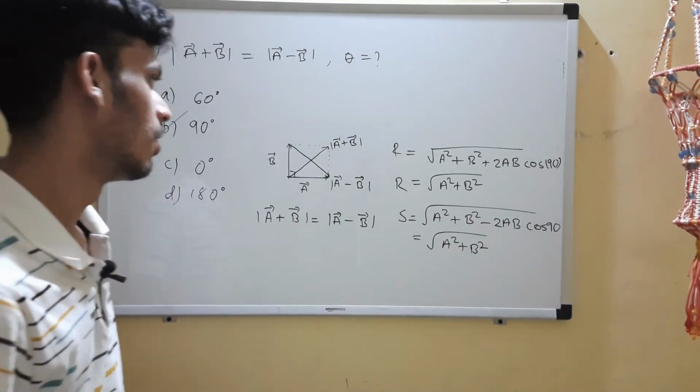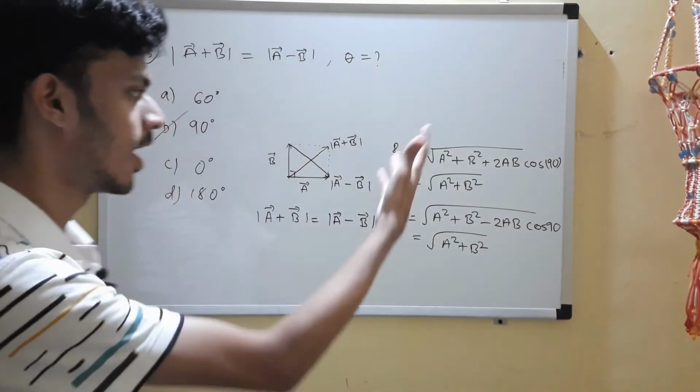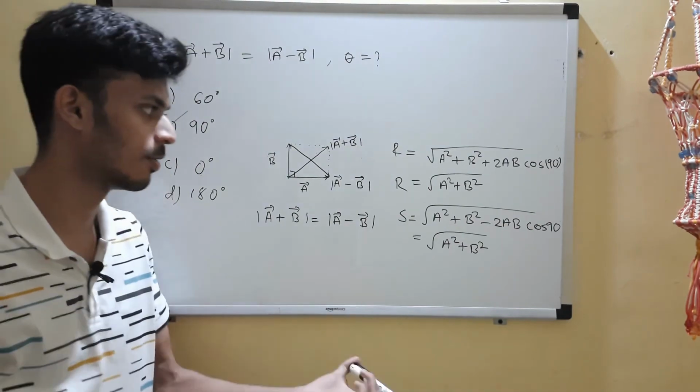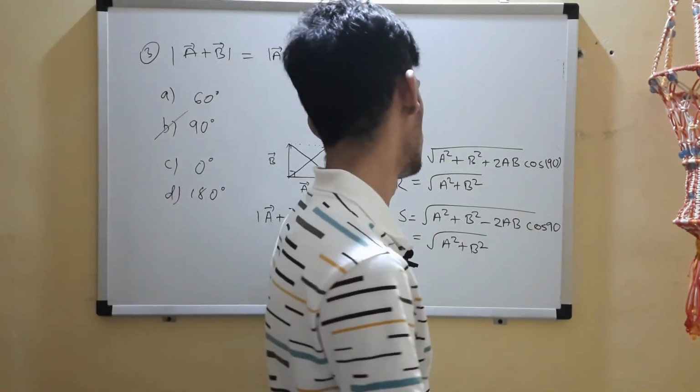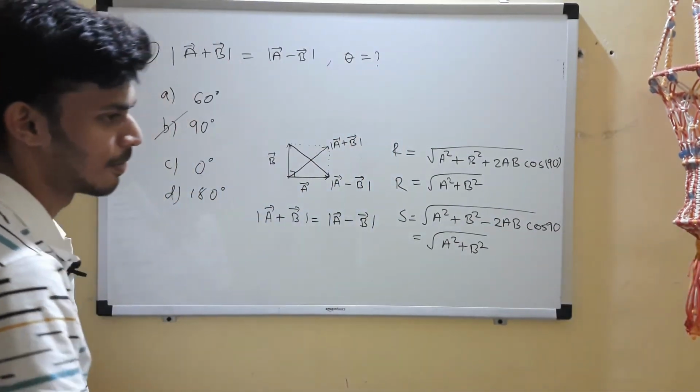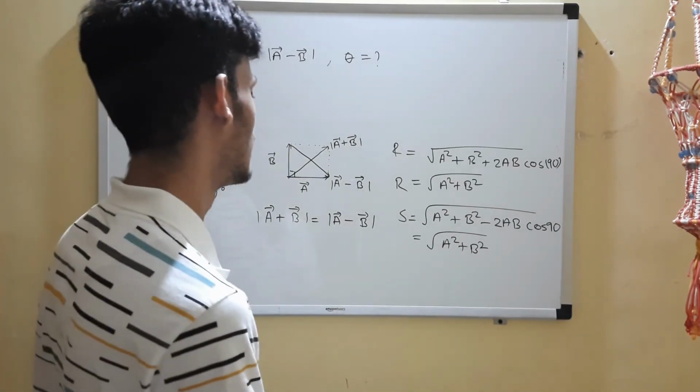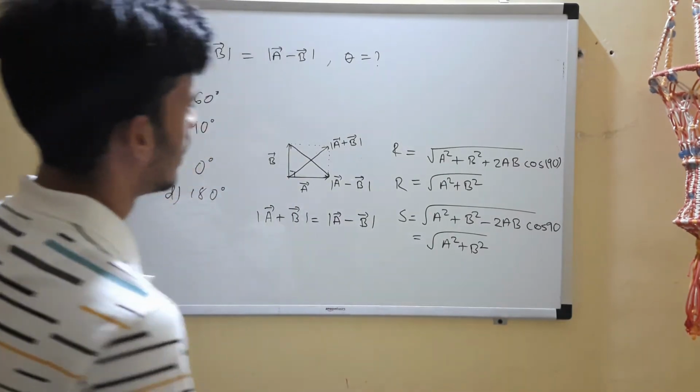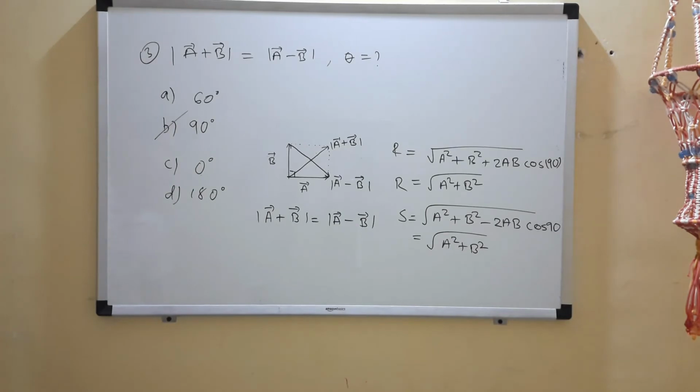The long way is finding R and S for each one, and then comparing. There are many ways to the top of the mountain, but the view is always the same. So this way also you could have got it. You can quickly note that down. It was a very good question.